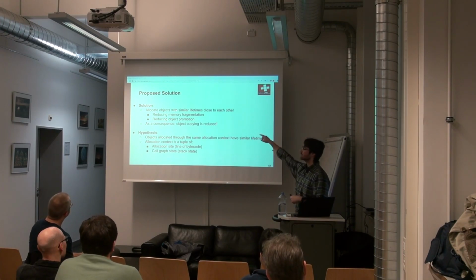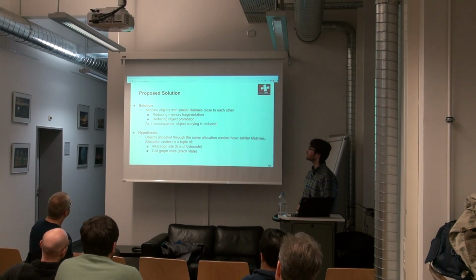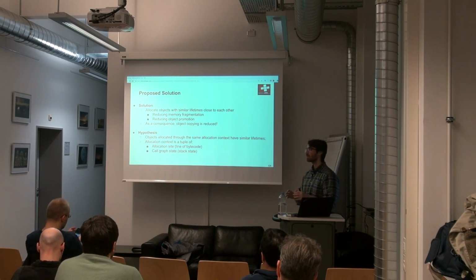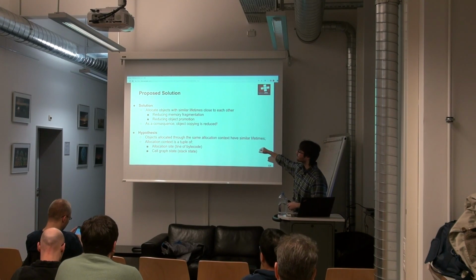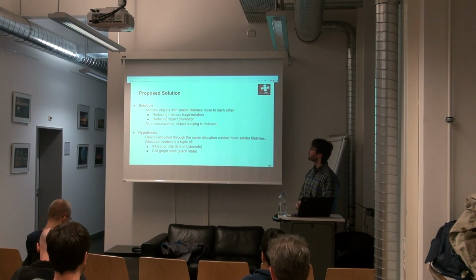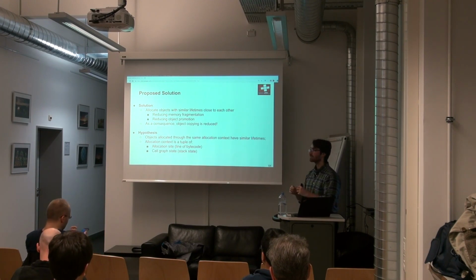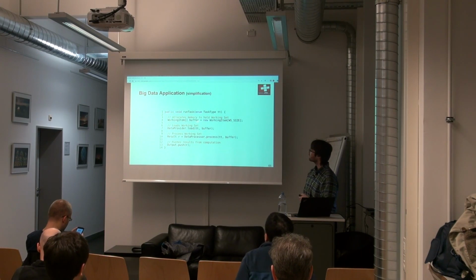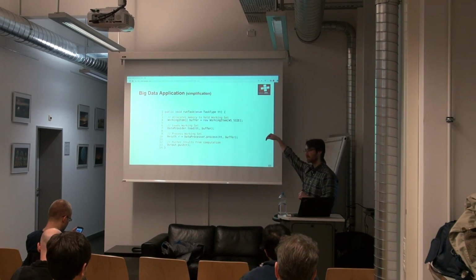So in order to accomplish this, we are going to state a hypothesis that we are going to take advantage of, which is that objects allocated in the same allocation context are going to have a similar lifetime. Let me define what an allocation context is in this work. An allocation context is the allocation site, basically the bytecode index, the method, the class, the package, and so on, aggregated with the call graph state. So basically how the thread got into this piece of code. If you go back to the previous example, it means that we are going to assume that all these buffer objects are going to live roughly the same amount of time if they are called through the exact same call graph.